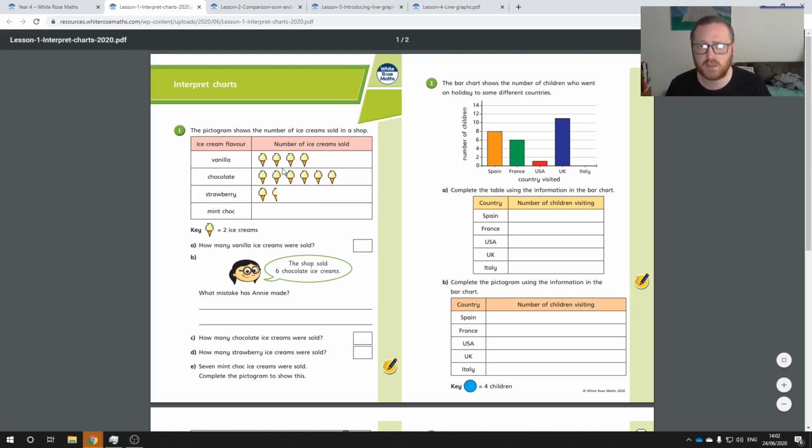Same for chocolate, each of those is worth 2. Now, on the strawberry one, you might notice that one of these ice cream cones has been cut in half, and that's because this number here isn't an even number. It's not a nice easy number for this ice cream cone to represent. So they've had to cut this ice cream cone in half. Now, if one ice cream cone represents 2 ice creams, then half an ice cream cone must represent half of that. So half of 2 is